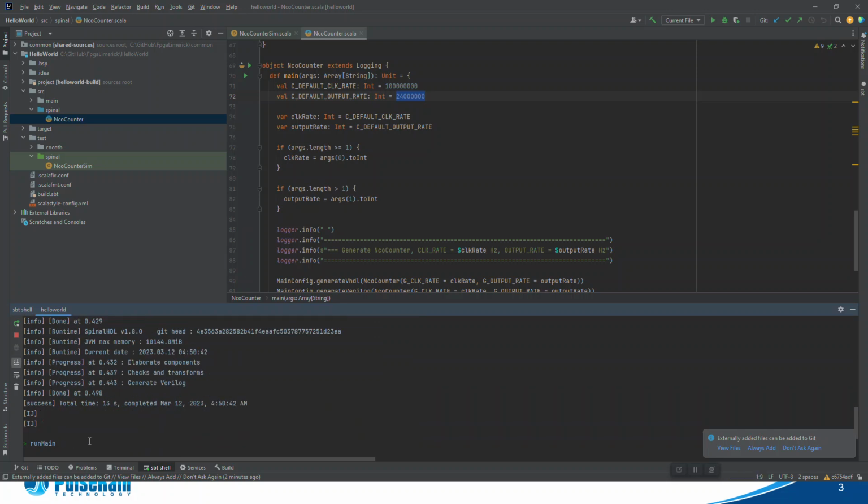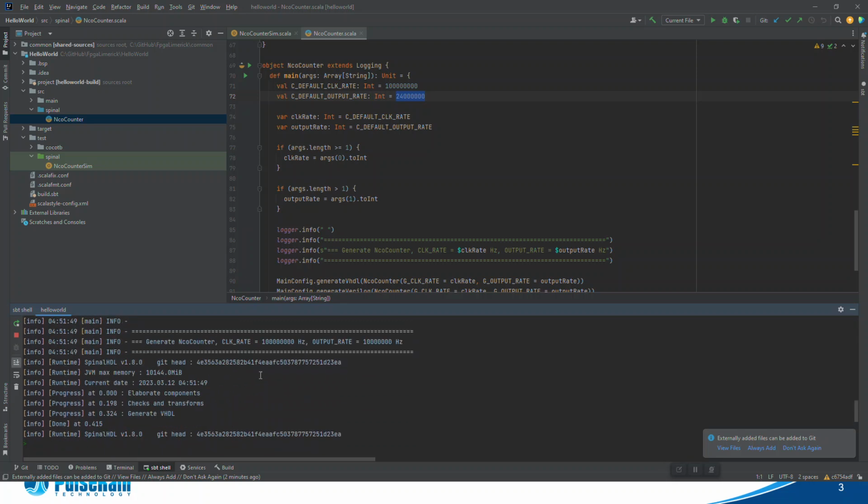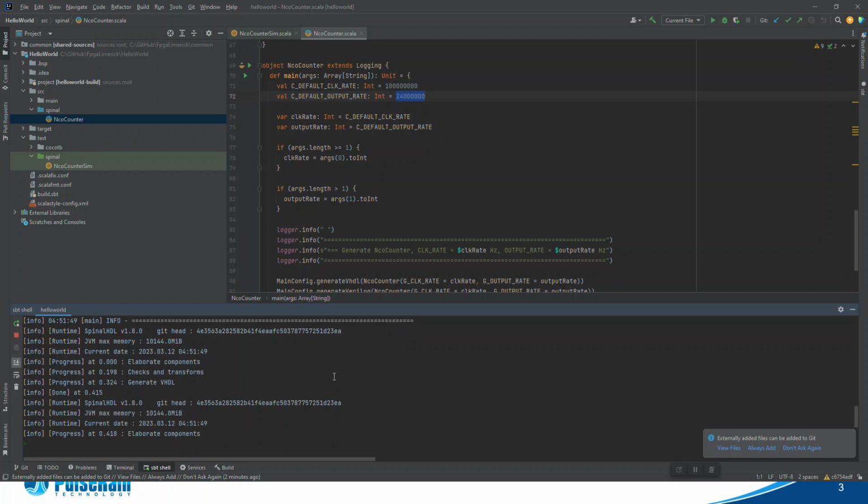So what we can do is set this, this is the base clock. Maybe instead of generating a 24 mega, we can do a 10 mega. Okay, now it generates the